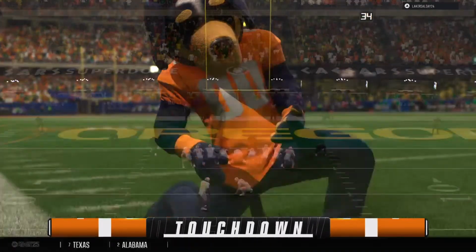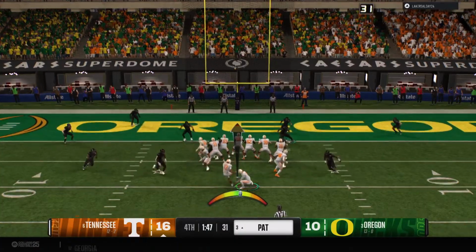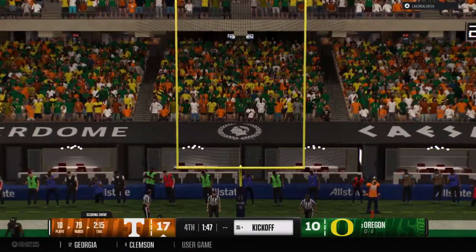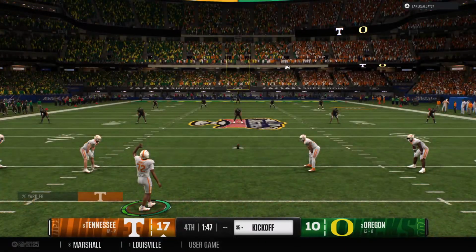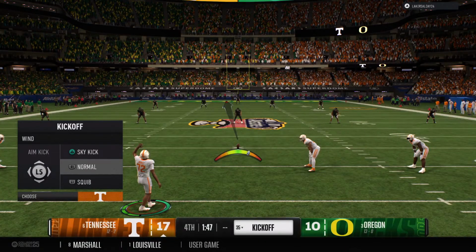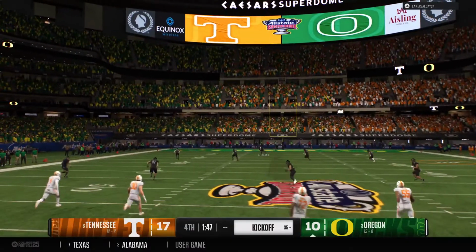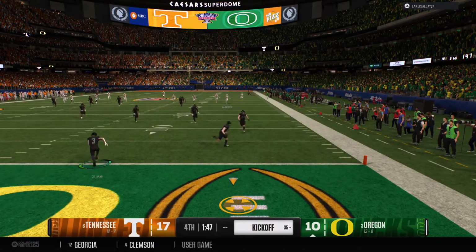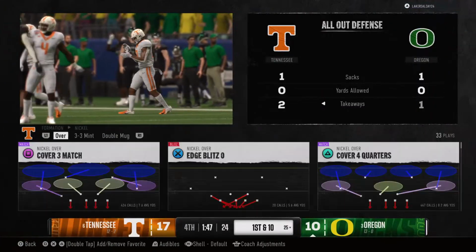Give credit to this offense. They work some clock, they eventually get the ball into the end zone. Now they've got the lead. You kick the extra point, and you hope your defense can hold on so you can win this game. Automatic on the PAT. Kickoff team has come on the field now to send this one away. Kick bounces out of the back of the end zone for a touchback.